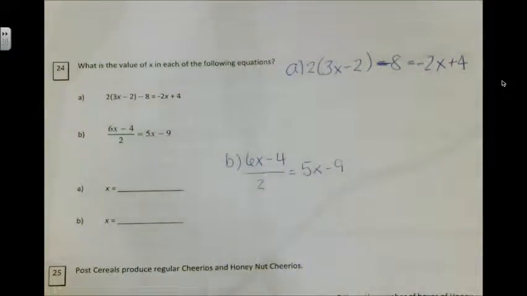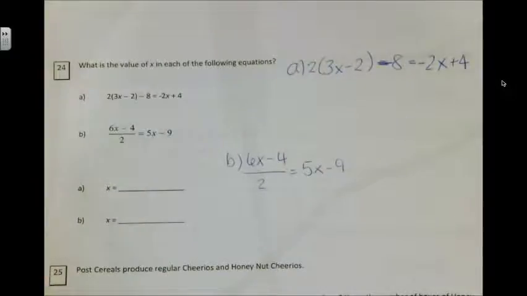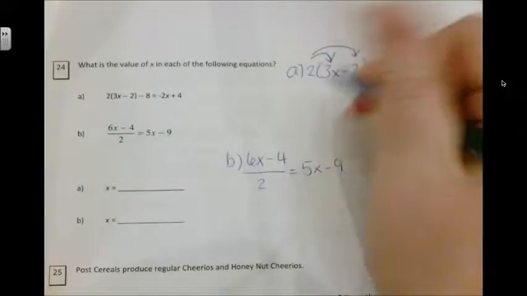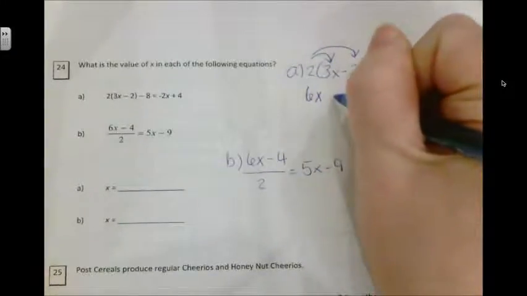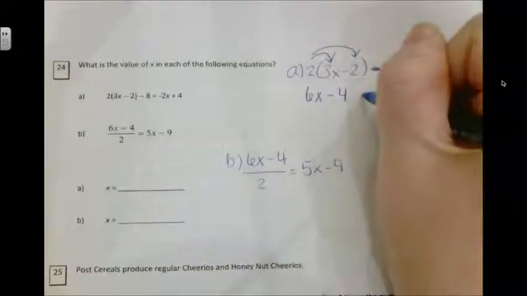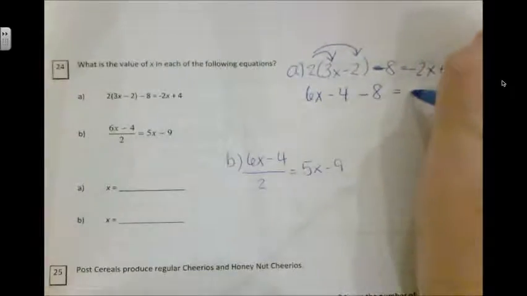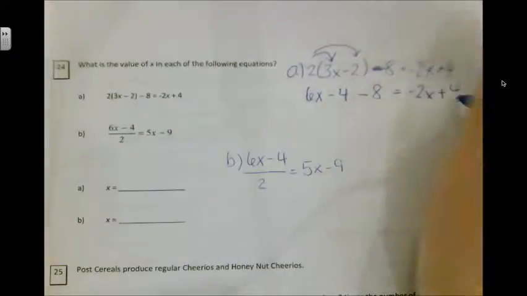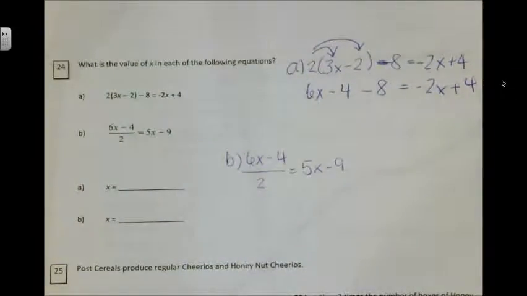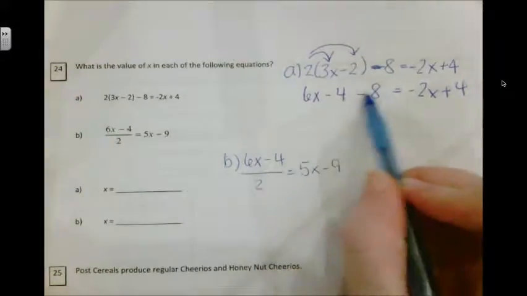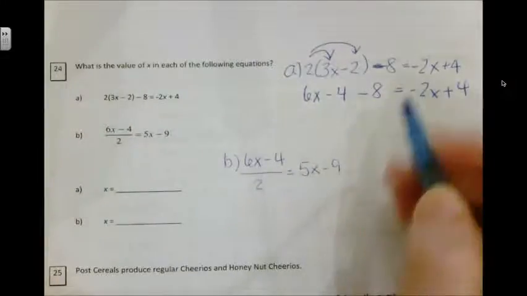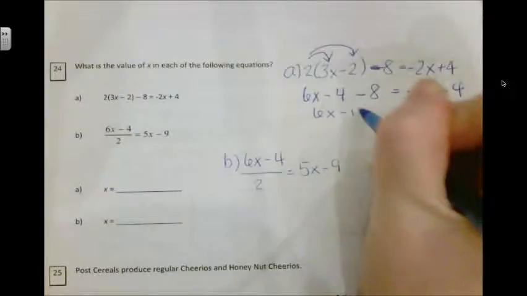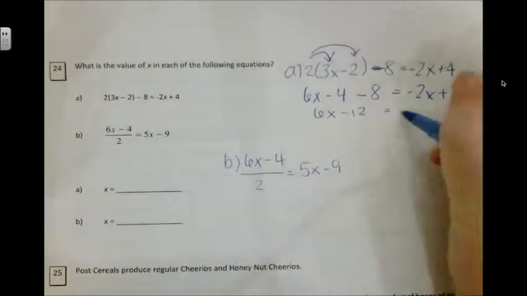So what we would do first is the distributive property here. 2 times 3x is 6x. 2 times negative 2 is negative 4. Minus 8. I'll just rewrite everything for right now. Okay, now I would reduce this right away so I don't have to move too many numbers. So I would combine the negative 4 and negative 8 here. So this is 6x minus 12 equals negative 2x